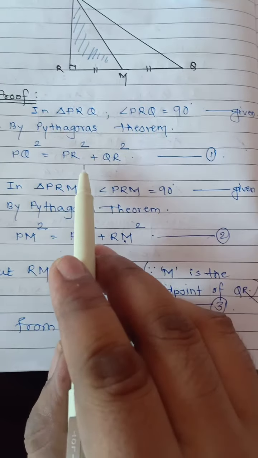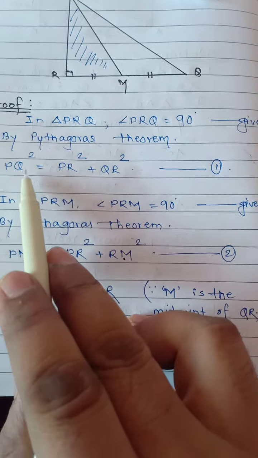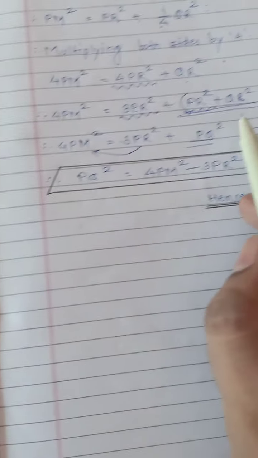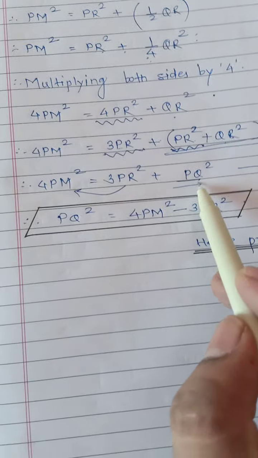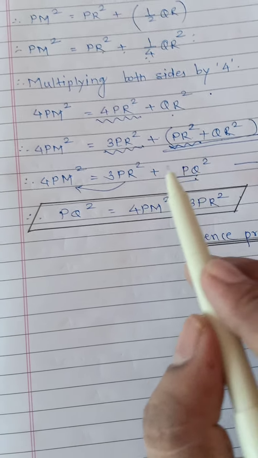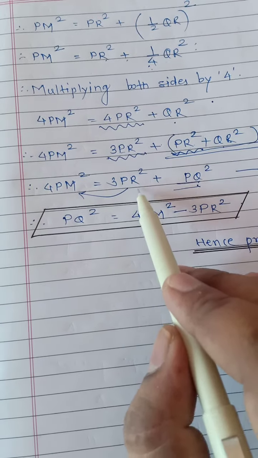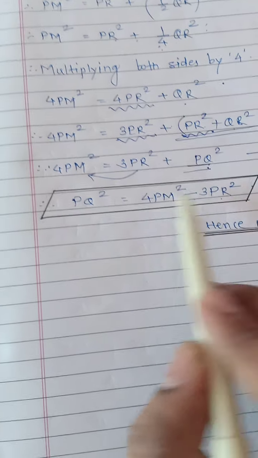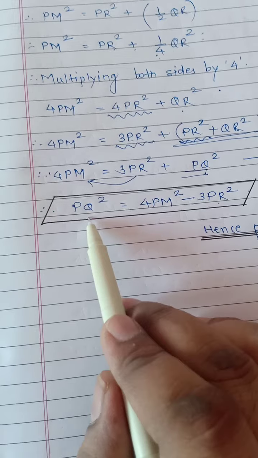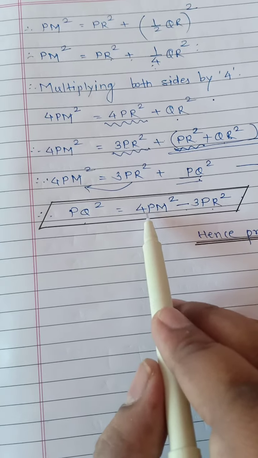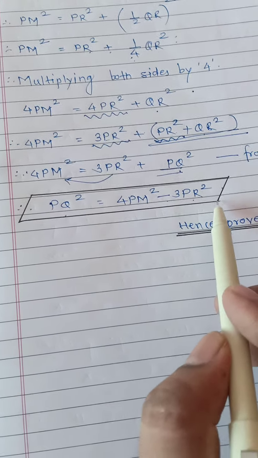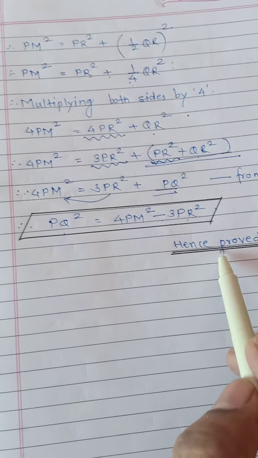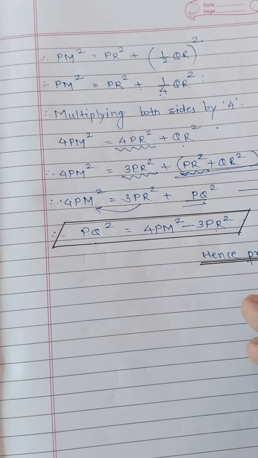You see equation 1, correct? PR square plus QR square is nothing but equal to PQ square. So in place of this bracket I can write PQ square. Now this 3 PR square, take this side, it becomes minus 3 PR square. So we'll get the final answer as PQ square equals 4 PM square minus 3 PR square. Hence proved. So you copy the answer, write it in your notebook,